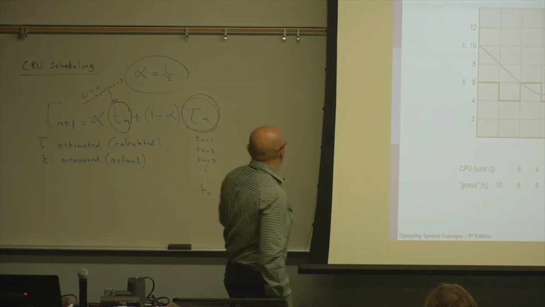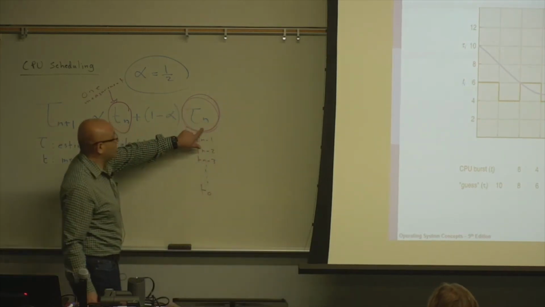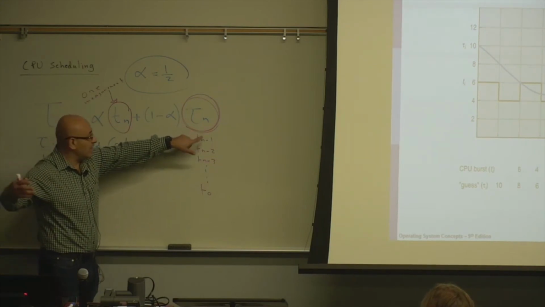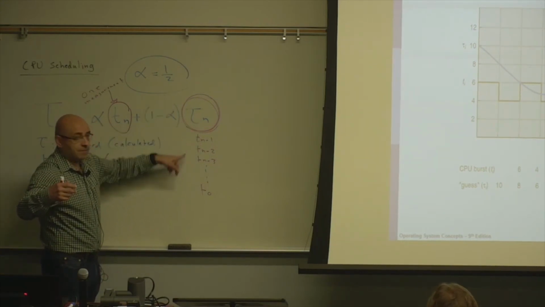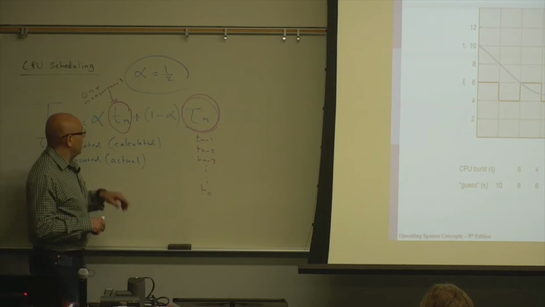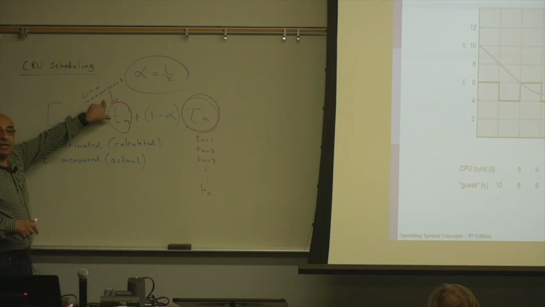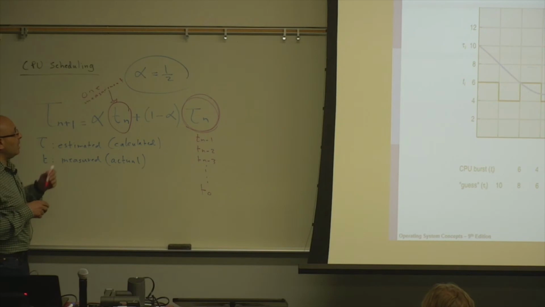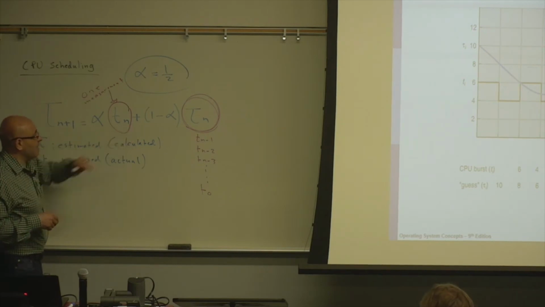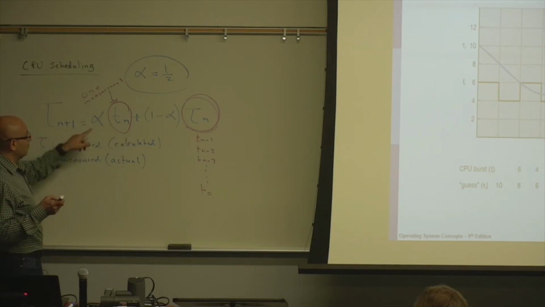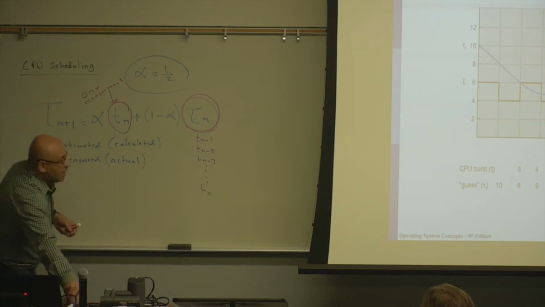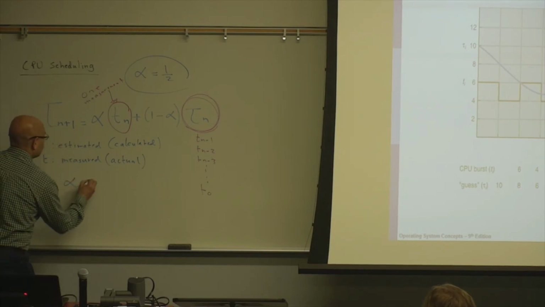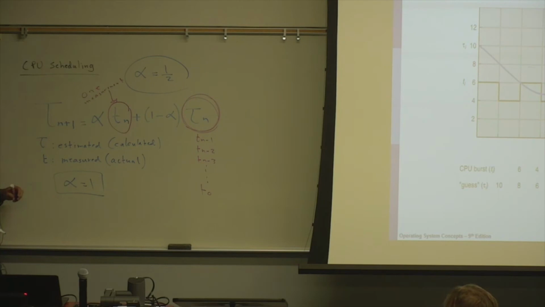So my latest guess will capture all of these different times with different weights. And this is the most recent. Now, which one should get higher weight? When you give them the same weight, it's balanced. But if you do alpha equals 1, what does this mean? When you set alpha to 1, what are you saying? The next one's going to be 0.